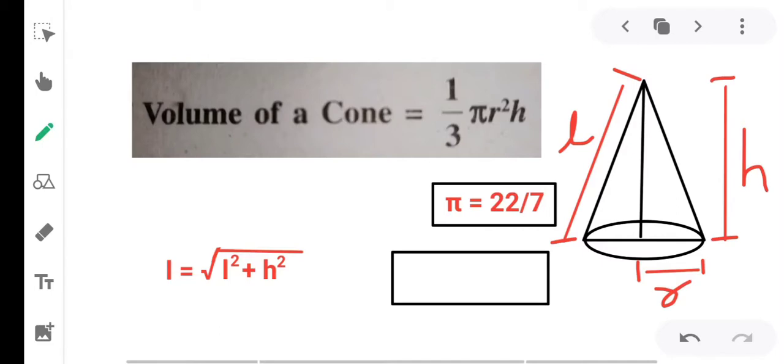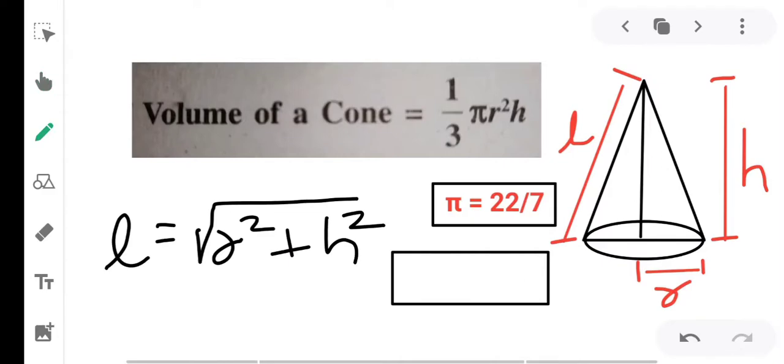And we should know the formula of the slant height, that is the small l. You can see over here, I have written on the screen, small l is equal to under root l square plus h square. I am sorry for that, here l square is the wrong value, we need to write r square, right? So here we will make a little correction. Here I have corrected the value of l, the slant height, that is under root r square plus h square, right? So you should remember this formula of the slant height.